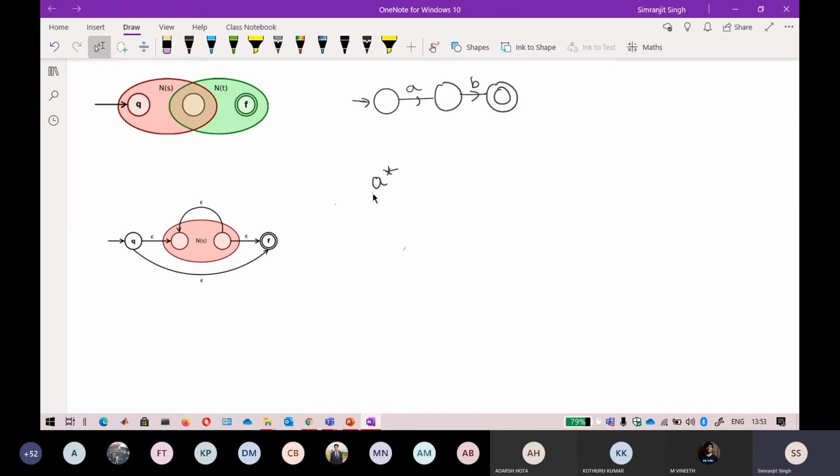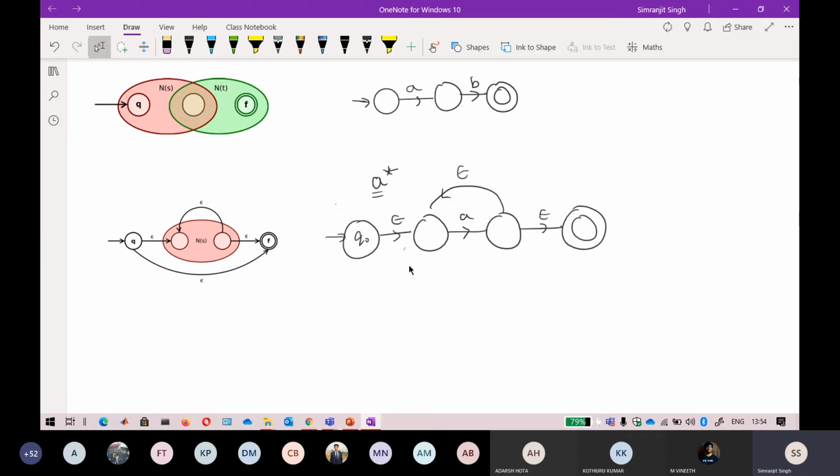But if I am directly talking about regular expression A star, it can be represented like this. So Q naught, if you see, there is epsilon going on. After that, this part is for the A star. I write it like this: A followed by any number of A's. So it can go like this, and after that there is an epsilon here.